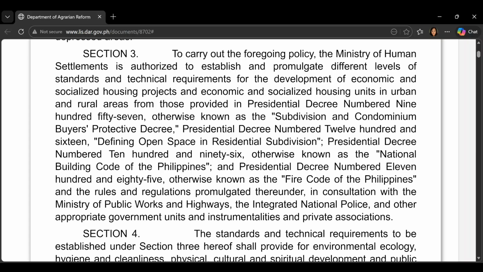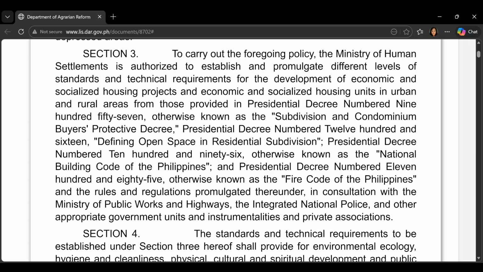To carry out the foregoing policy, the Ministry of Human Settlements is authorized to establish and promulgate different levels of standards and technical requirements for the development of economic and socialized housing projects and economic and socialized housing units in urban and rural areas from those provided in Presidential Decree number 957, so PD 957, otherwise known as the Subdivision and Condominium Buyers Protective Decree, and then Presidential Decree number 1216 or PD 1216, defining open space in